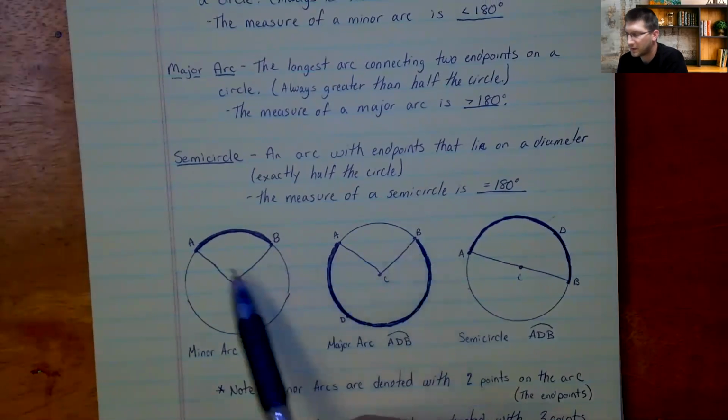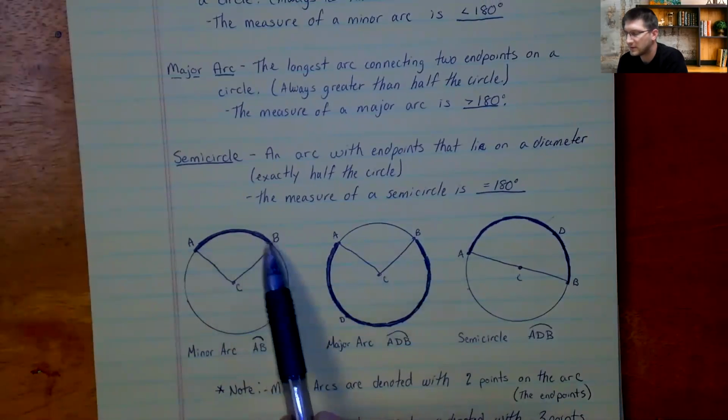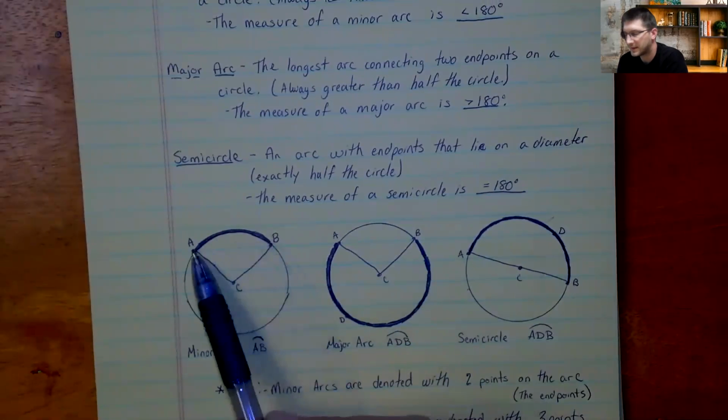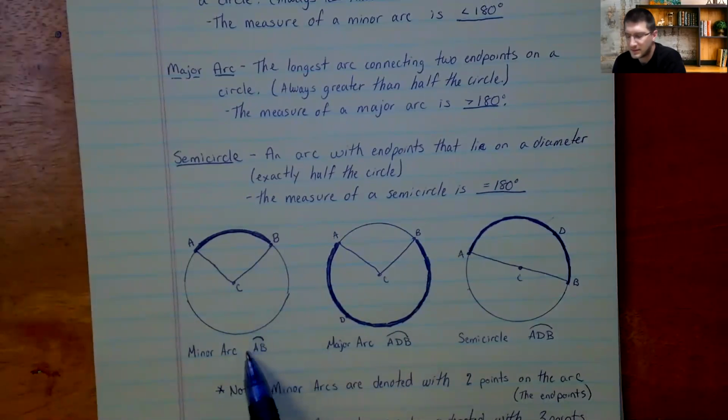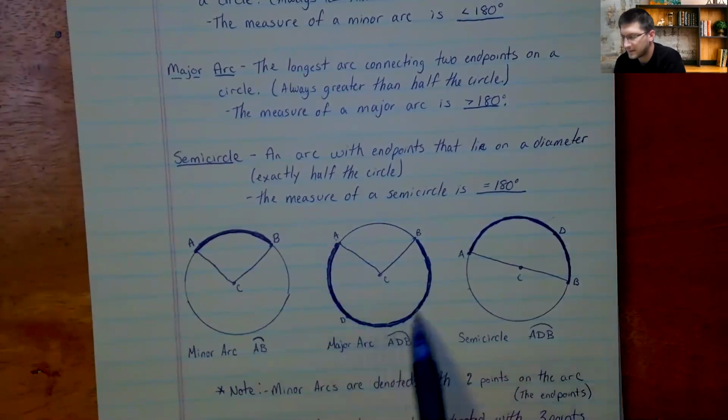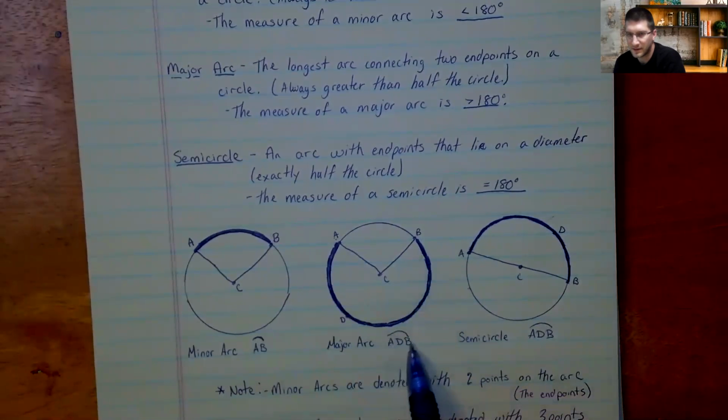So a minor arc is the shortest distance between these two endpoints on my angle, this ACB, these two endpoints I'm connecting. That's the shortest distance, a minor arc. And you'll note that a minor arc is denoted with the two endpoints with the little arc symbol over top of it. A major arc, the longer way around, is denoted with three letters,